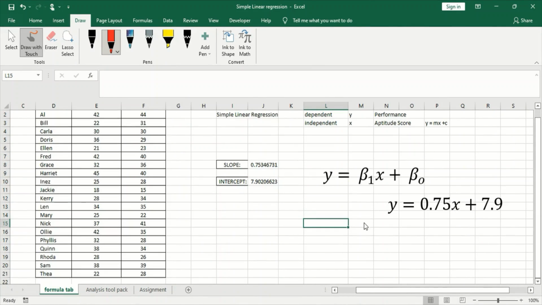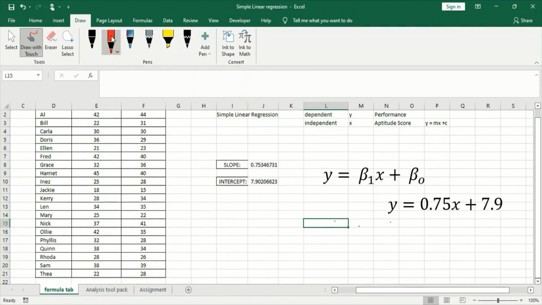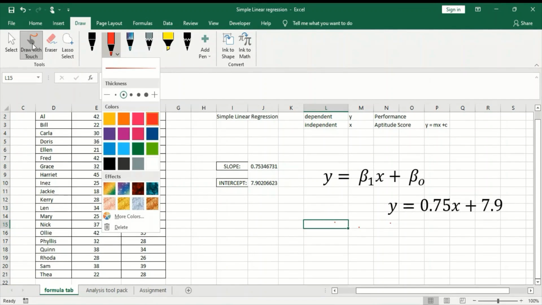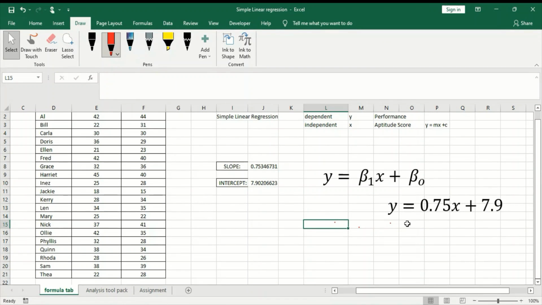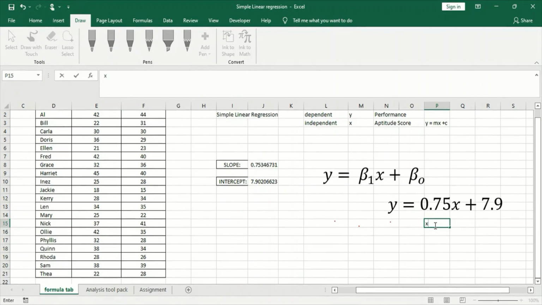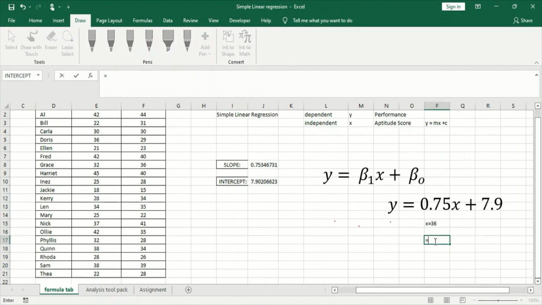So let's say, for instance, somebody scores 36 as X. Now what are we expecting the person to get by the time the person becomes a worker? What is the performance we expect? So what is it going to be? It's going to be equal to